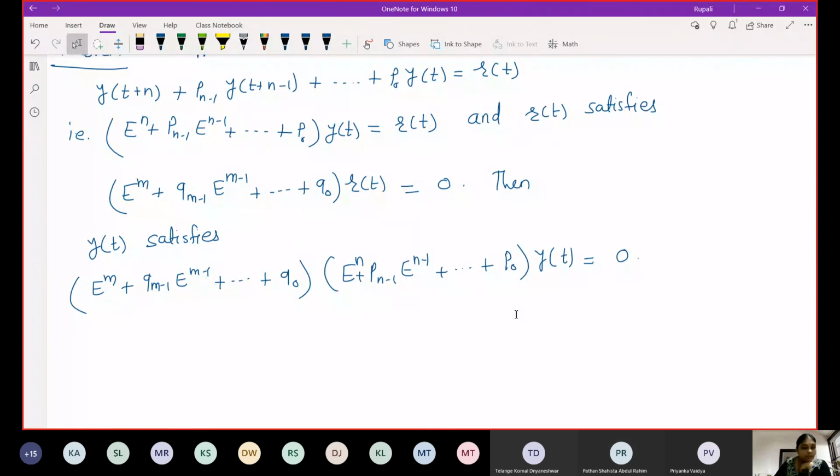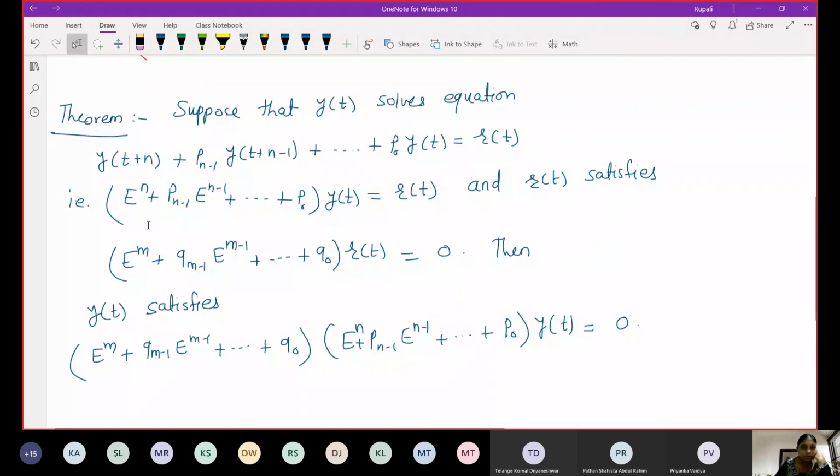So now I can go ahead. Yes ma'am. So we have to show this. Okay. So how we can show this? Just we have to operate. This is say equation 1 and this is equation 2. This is equation 3. Since from